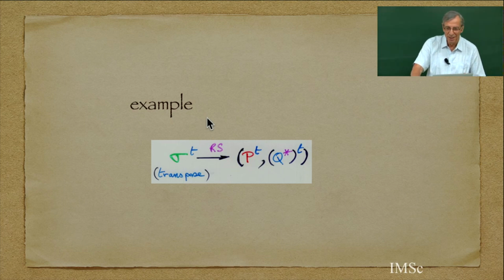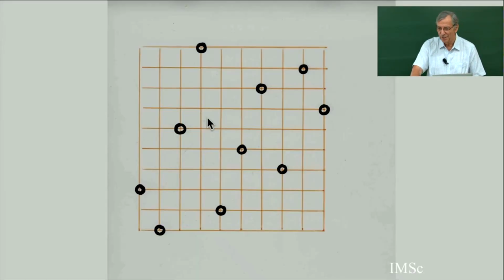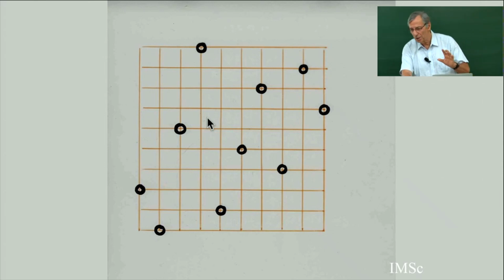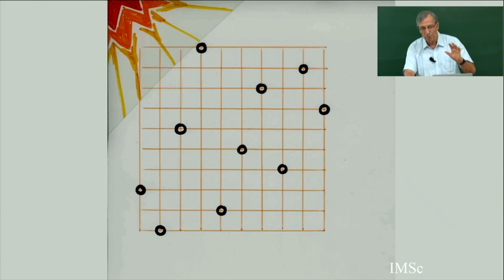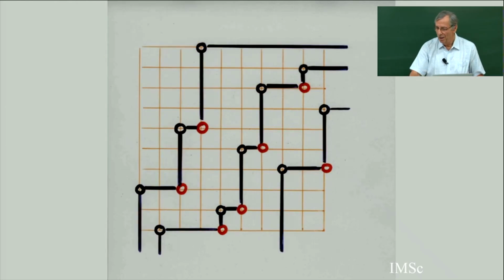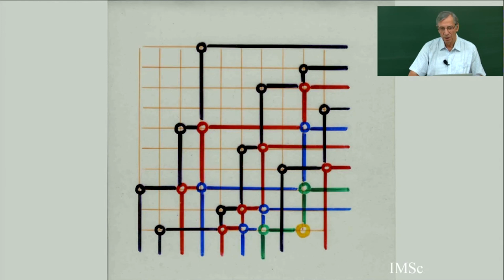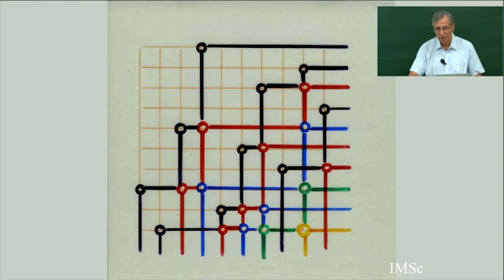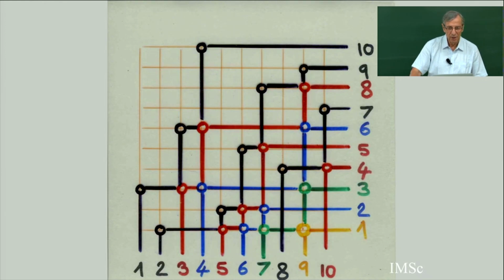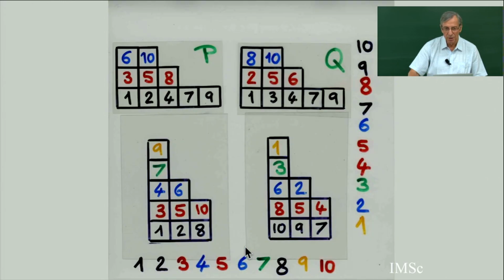We have already checked this on an example like this. Taking the transpose of the permutation means you put the light here for this shadow line, and then you repeat the construction with the red, you repeat with the blue, and you have a whole sequence of colors. You see, you have 5 colors, and what you get is some tableau, and you can see that this tableau is exactly the transpose of this one.